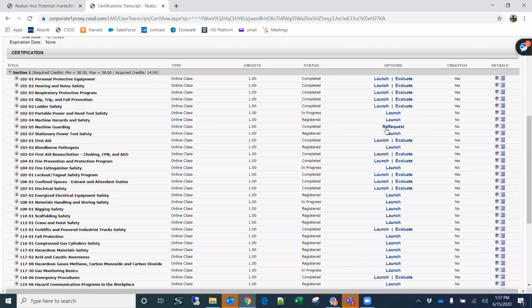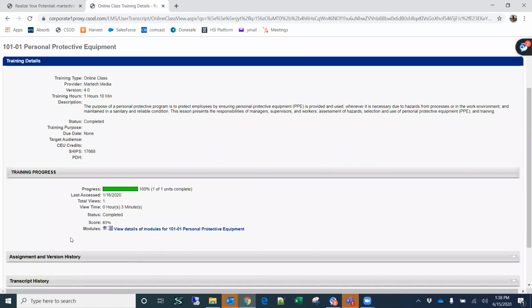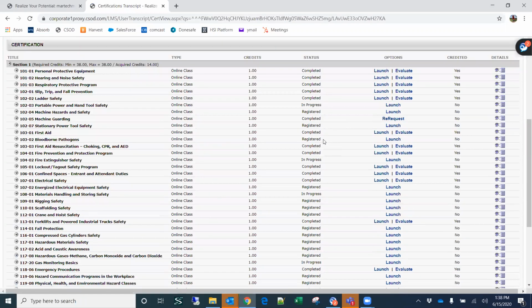He's in a completed status for this. And if he clicks re-request, it's going to reset the completion data for that course. Does that make sense? If I want to do it over, I have to hit re-request, correct? So it looks like these are credited. If I look at the details, they were completed this year. If I go back and look at the completion data for this item,